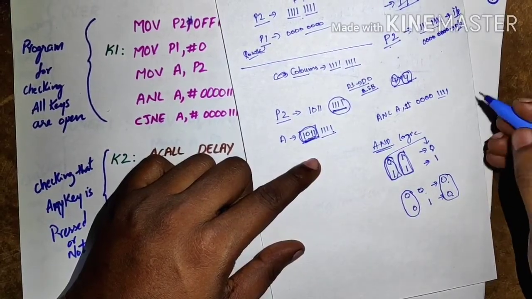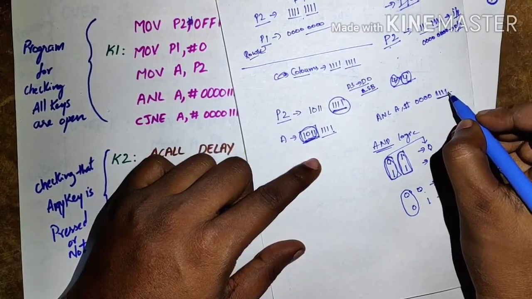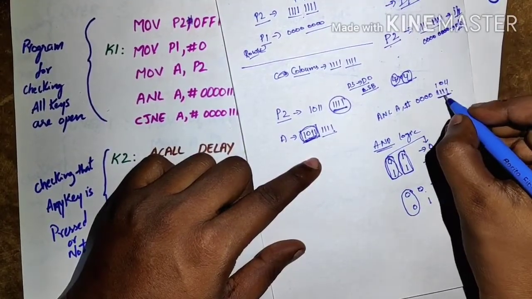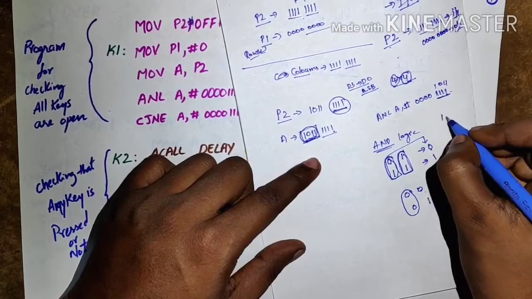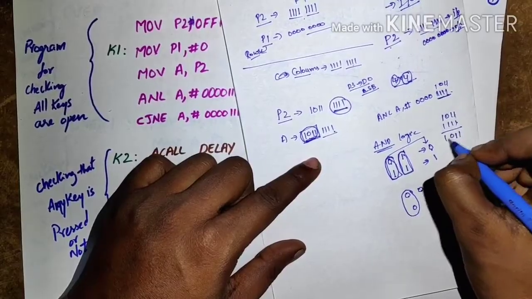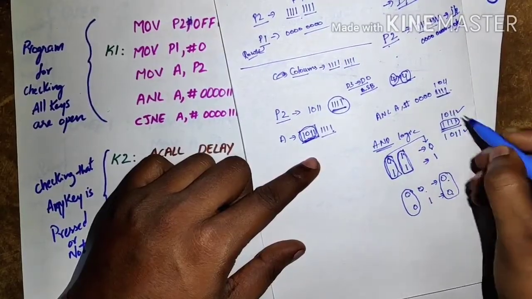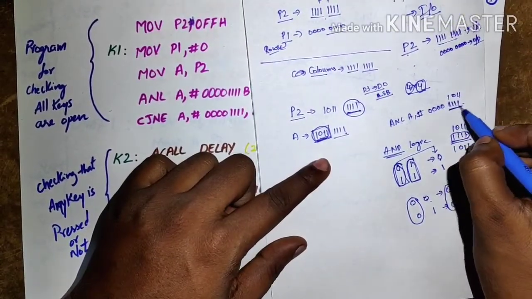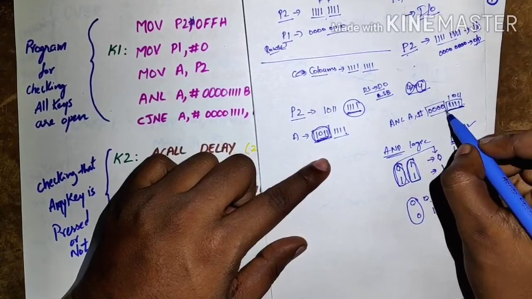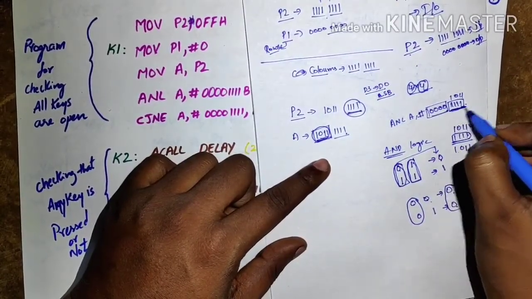That's why we only need the LSB bits, and that's why we are ANDing with all ones, since ANDing with all ones gives the same value. If we have 1011 and apply AND with 1111, 1 with 1 is 1, 1 with 1 is 1, 0 with 1 is 0, so we get this value only. As we bother about the LSB bits, we use 1111 for them and 0 for the MSB bits. This process is called masking. We are masking the MSB bits.